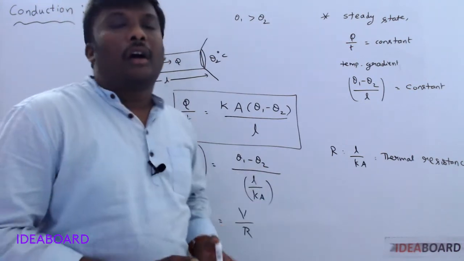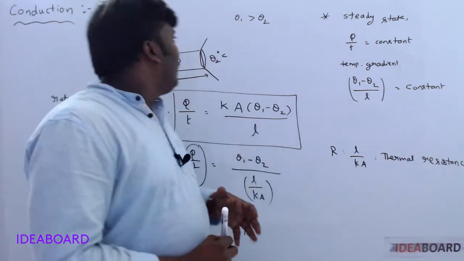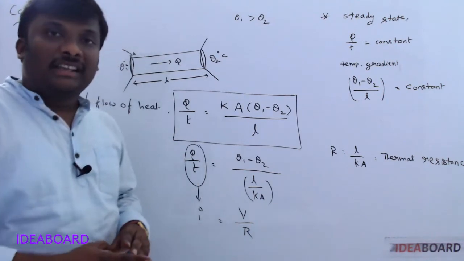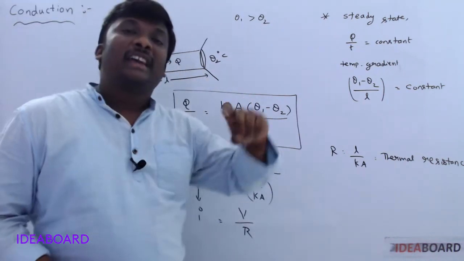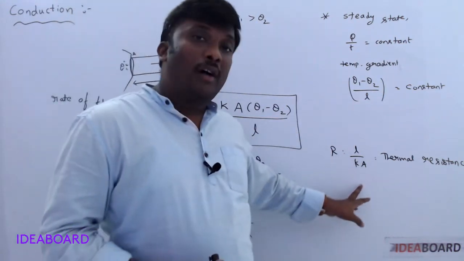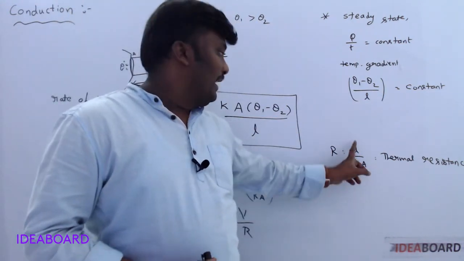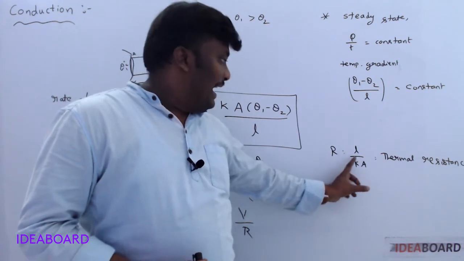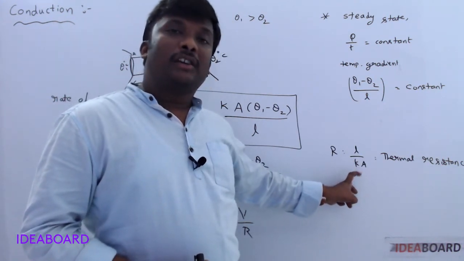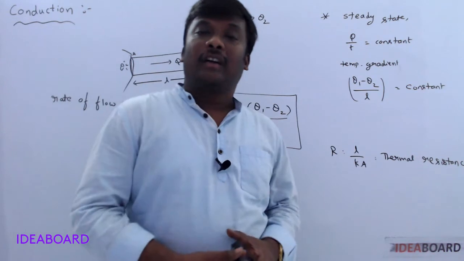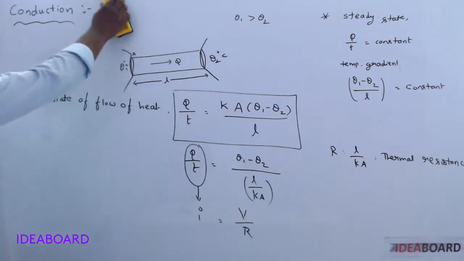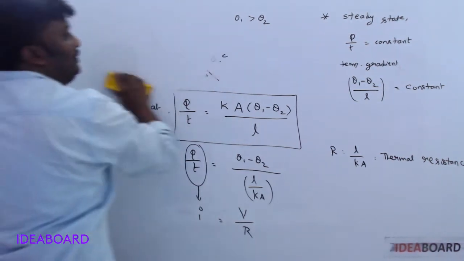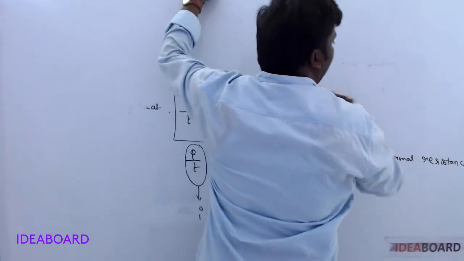So the simplest way of doing numericals related to conduction is that everywhere the rod is just replaced by a resistor. The resistor has the formula L by K A. If you know the length, the area of cross section and the coefficient of thermal conductivity of the material, then the numericals always become easy for you. Understand? Now let us see combination of rods.